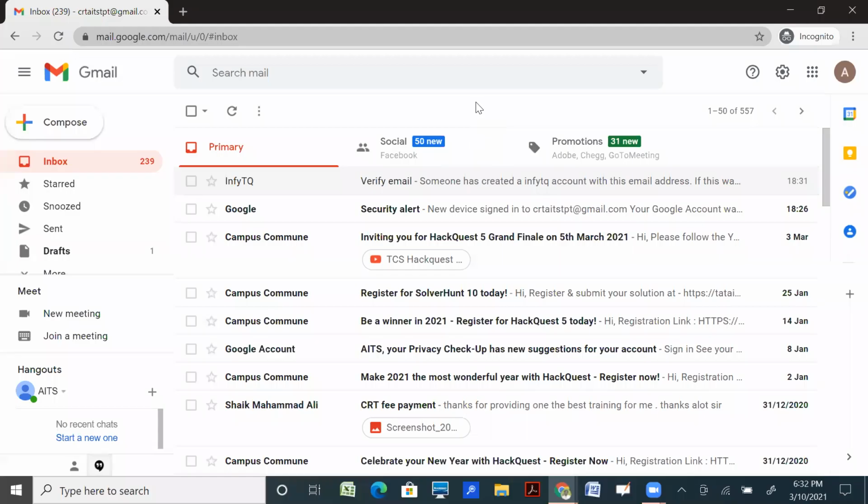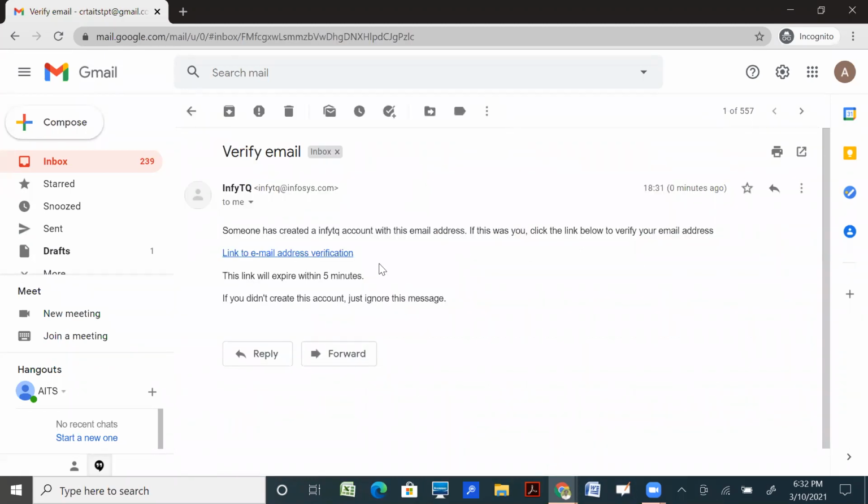So log in to your respective email account, then you will have received an email from InfiTQ to verify your email. So here you have the option of the link to activate your account. So click on the link to verify your email.